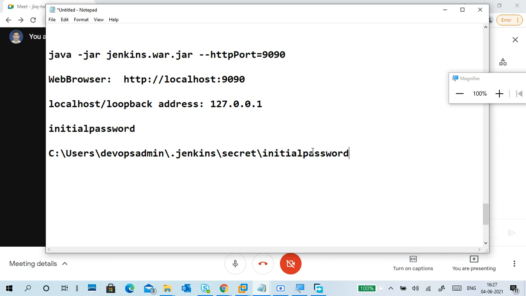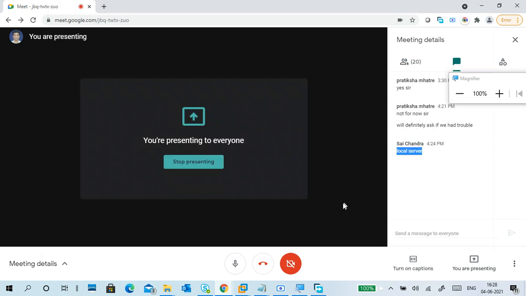Open the initial password file with Notepad, copy and paste it where it is asking here. Next, install plugins. So let it install, because so many plugins will take time.